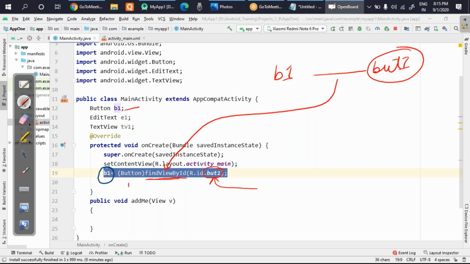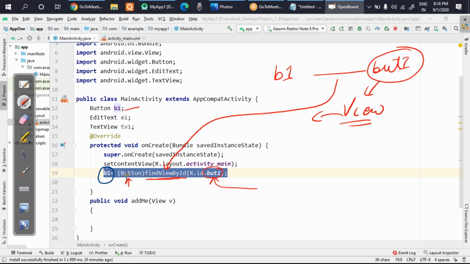And we have to perform some typecasting, because whatever IDs and objects are present actually belong to the class View. You have to typecast them as per the requirement. So you have to typecast it to Button.